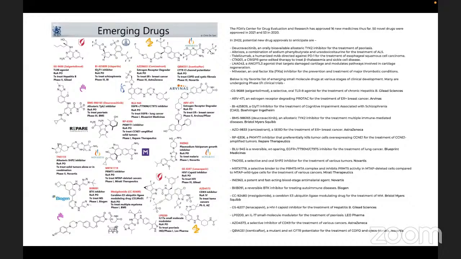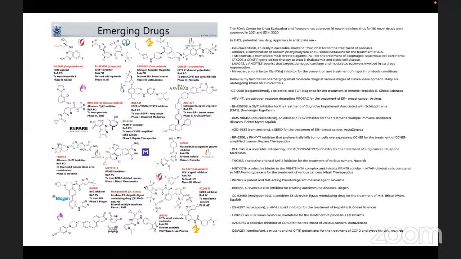In 2022, the potential new drug targets, you can see that there are big companies involved, like Novartis and AstraZeneca, and different types of molecules which are more target based. AstraZeneca's search for treatment of ER positive breast cancer, which is more specific to individual mutations, is also described in